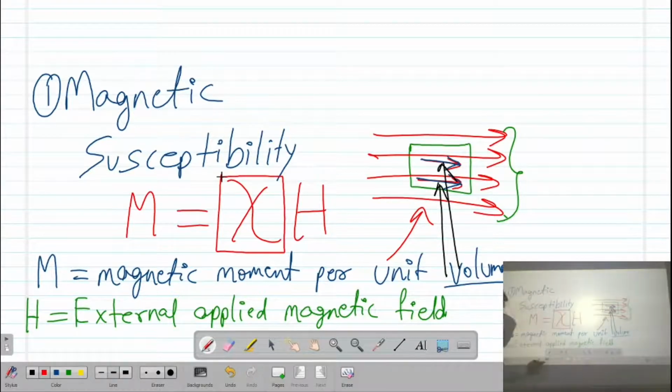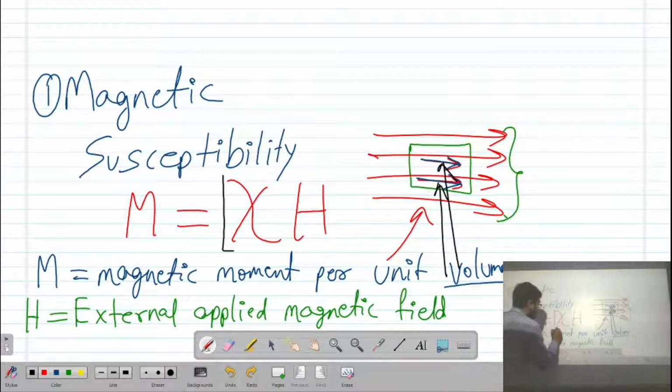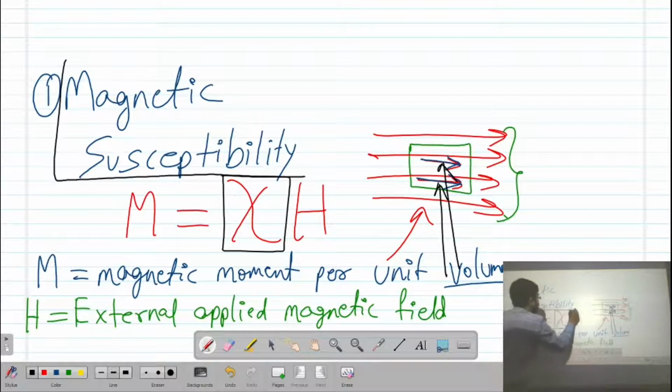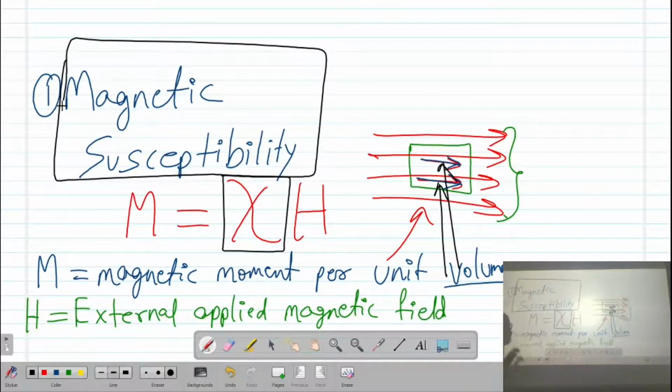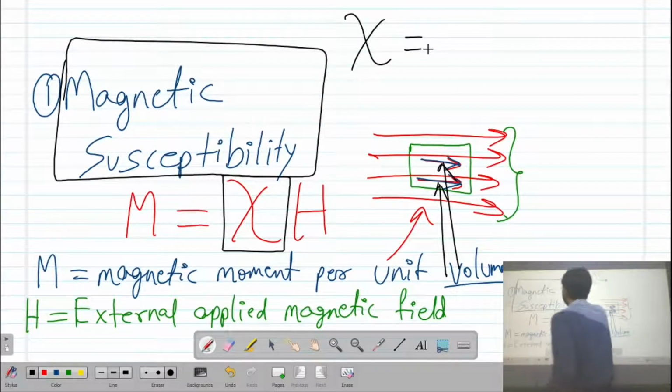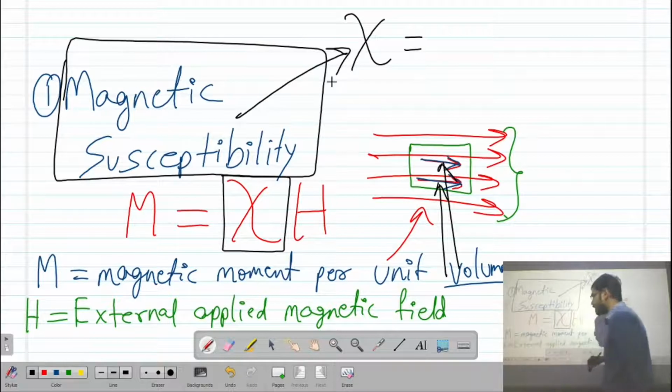So M is equal to chi H, where chi is nothing but magnetic susceptibility. So what is magnetic susceptibility?